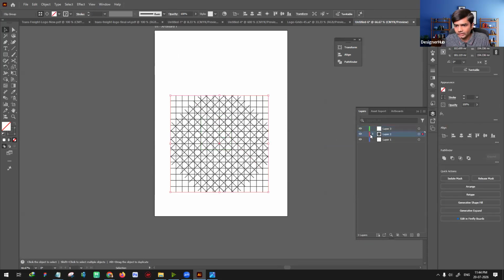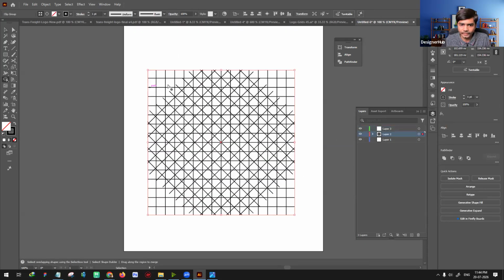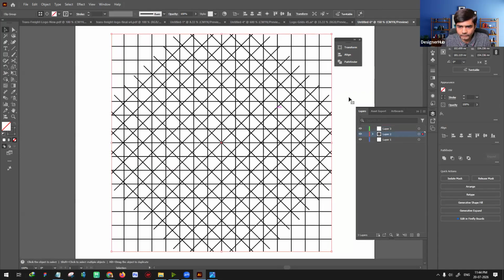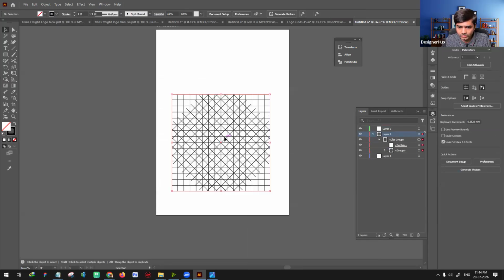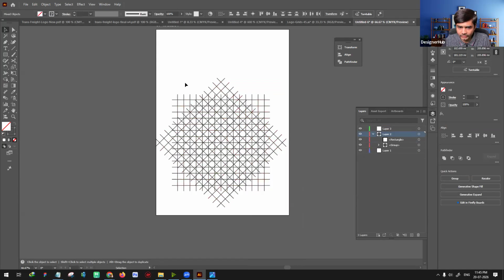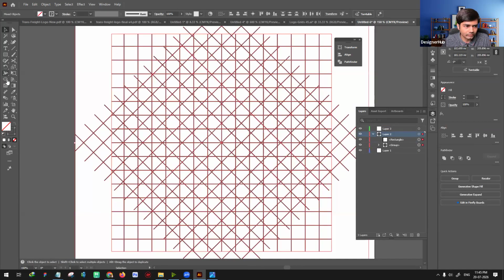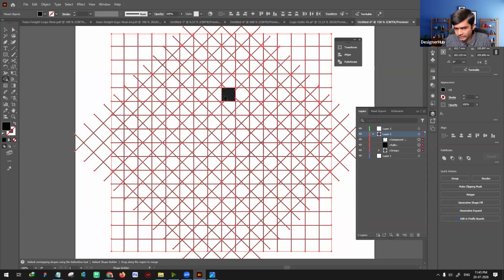Take this shape builder tool. I think I've done some. Yeah. It is in a clipping mask. I'm releasing the clipping mask. Now your shape builder will work better. And now you can start working. And it's always better that you work in a fill so that you understand what all you are joining like this. See, it is joining, right? You can keep filling like this